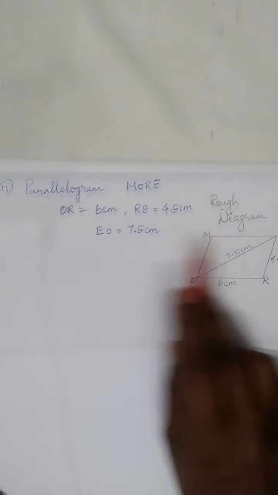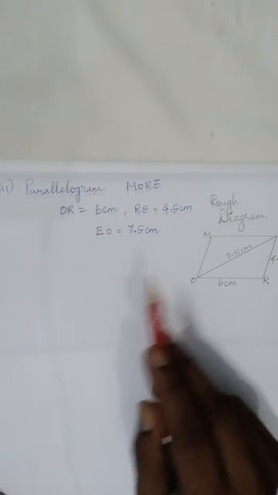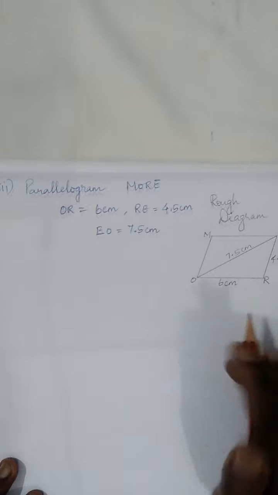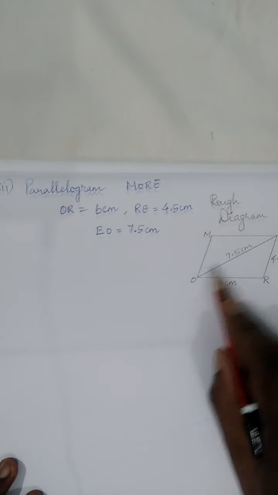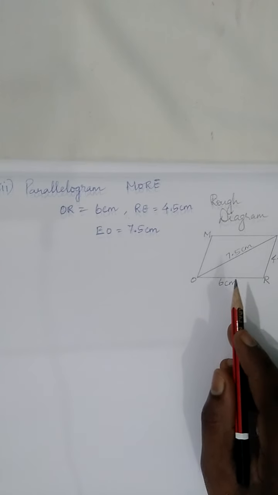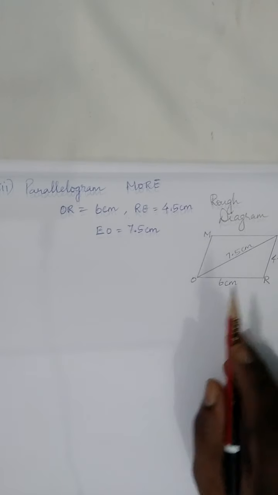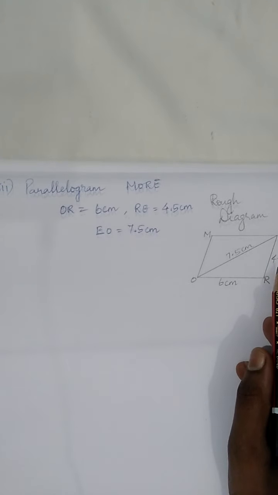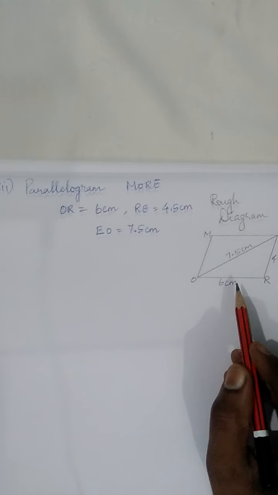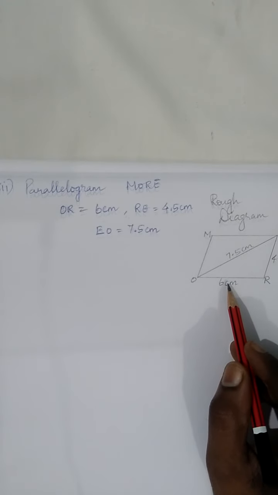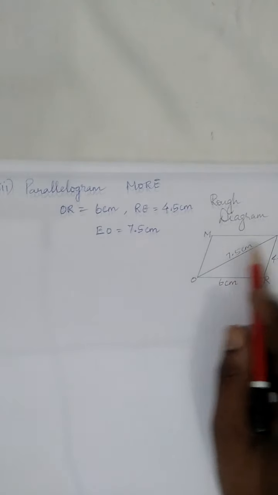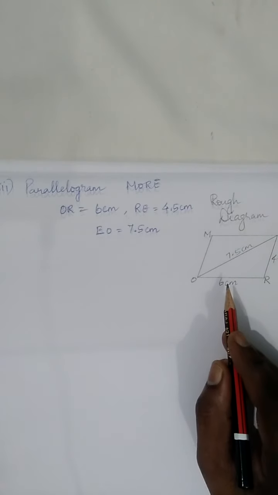Okay, so now we have written the given measures, and actually what is the condition for the first exercise? When 4 sides of a quadrilateral and the length of one diagonal are given. So here only 2 sides are given, but anyhow we can find the remaining sides because it is a parallelogram. Is it or not, children? And can you remember the properties of a parallelogram? Opposite sides are parallel as well as equal in length.